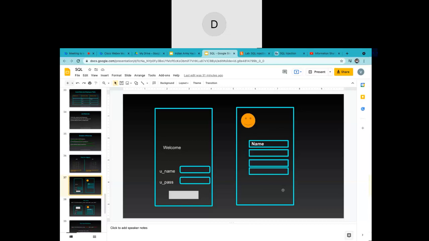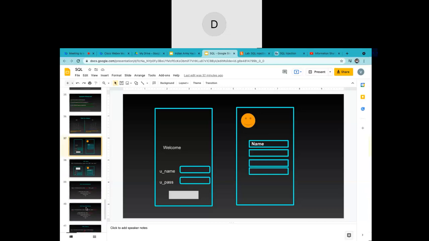Let me give you one more example, Swiggy. If you use any application like Swiggy, when I enter my username and password and hit login, with the correct username and password, I'm going to see all my details, such as my previous orders, how much Swiggy wallet money I have, where my order is that I can track, and so many different activities. So how are these things maintained? These things are maintained in the database, which actually has all the information.